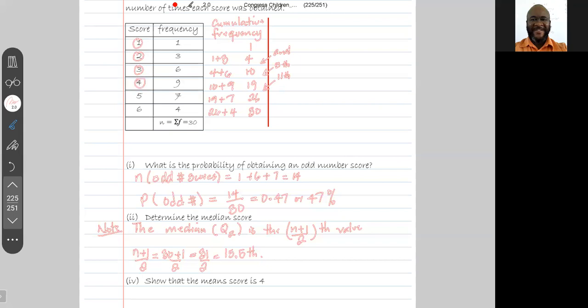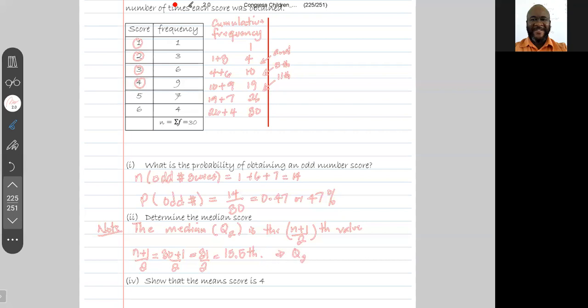Guys, if the 11th to the 19th value is 4, it means also that the 15th and the 16th value is also 4. Therefore, guys,